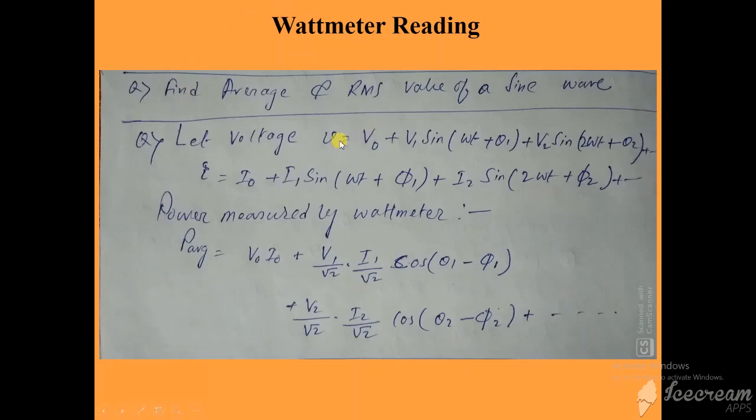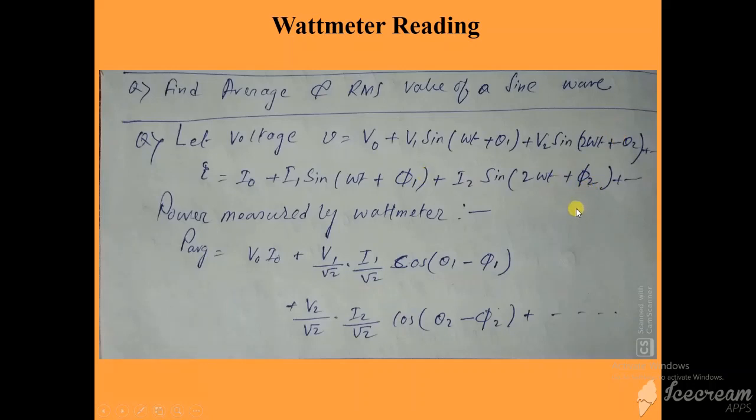And if we have all the three quantities as given in the question, just add all the three quantities, right? V0 I0 for this one, then these two terms, and then these two terms, same thing. The difference is theta 2 minus phi 2.